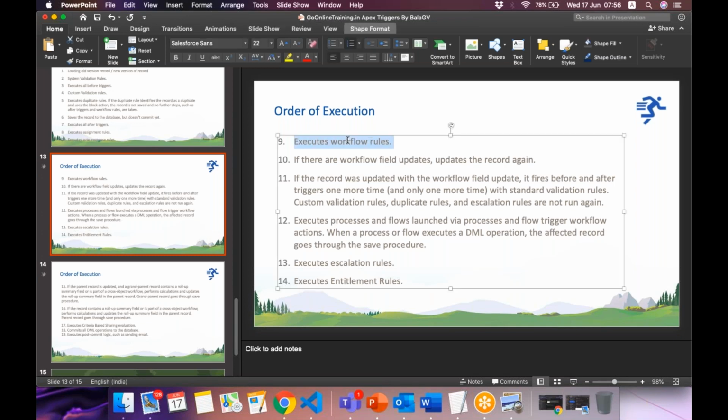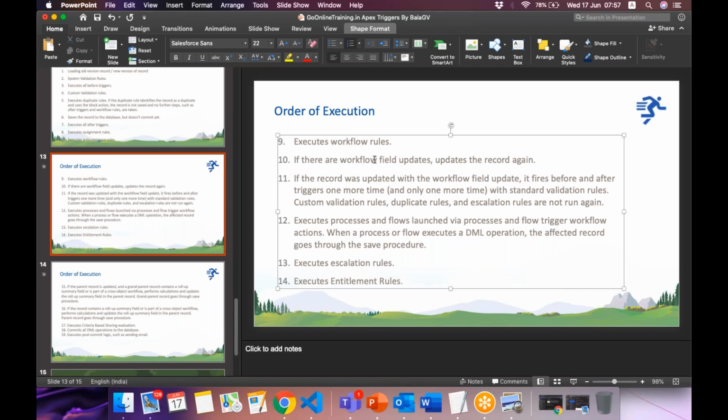executes all workflow rules. If you remember workflows, we can do 4 actions with workflows: field update, email alert, right? Task assign and outbound message. All the 4 can be executed in this step 9.